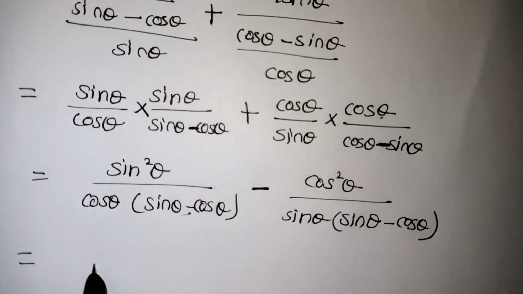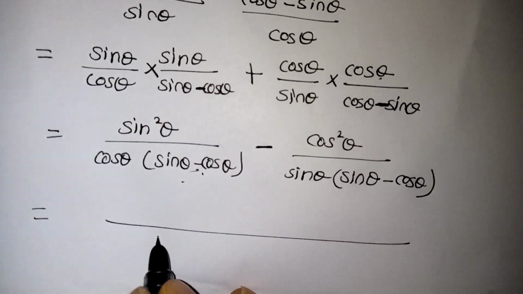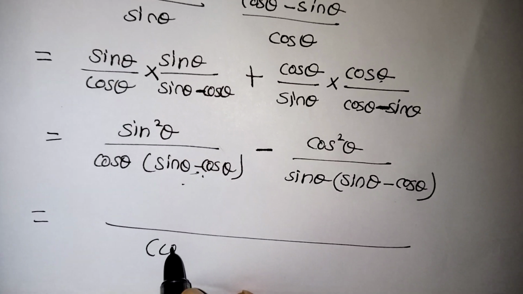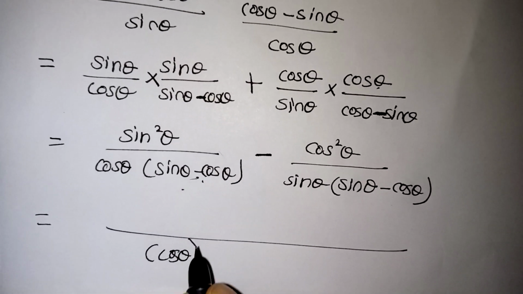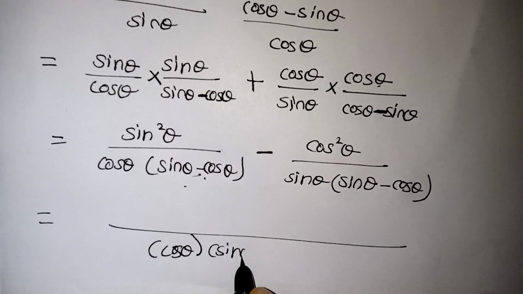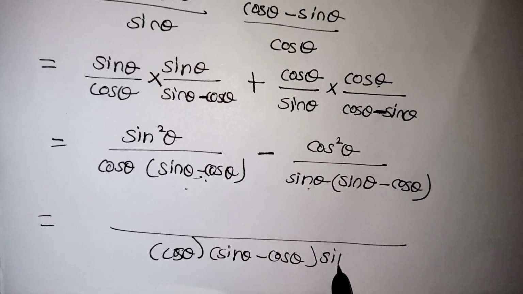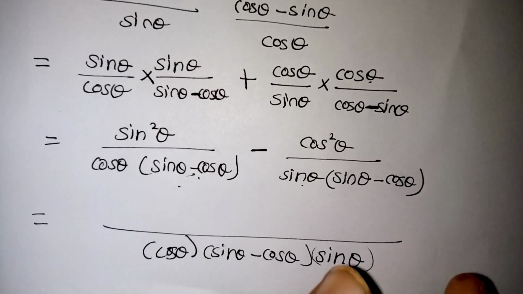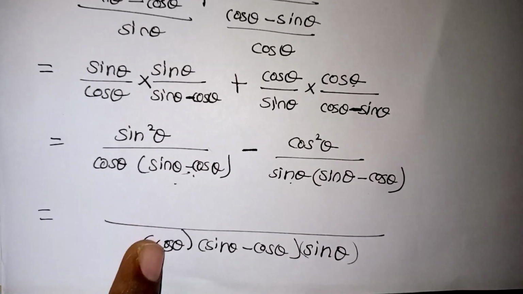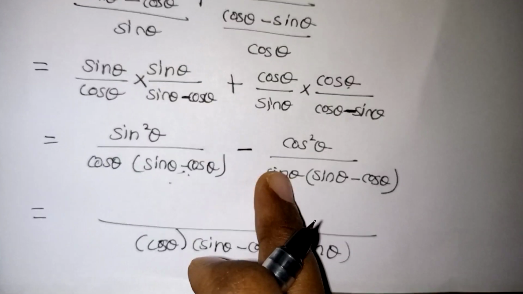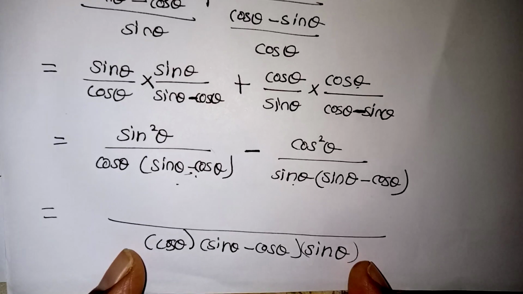Now we are going to take the LCM. Now the LCM will be, these two are common, sin theta minus cos theta, that will come as the LCM value. So here first we have a cos theta and we have sin theta minus cos theta, and here we have one sin theta, that also will come as a LCM value. So sin theta minus cos theta, for these two I am taking 1. Here one cos theta is available, that you should take. Here one sin theta is available, that also you should take in LCM. Now all these three terms are coming in LCM.